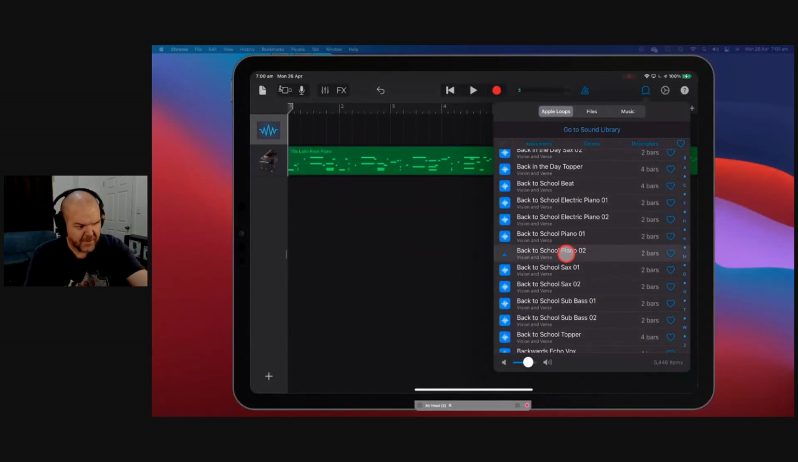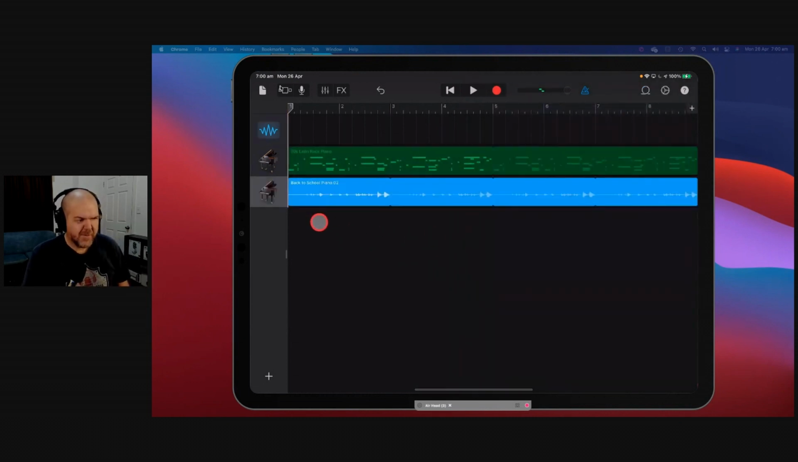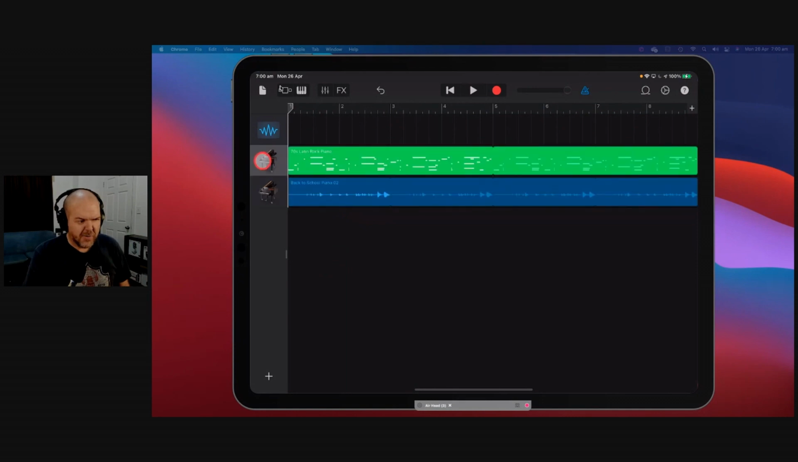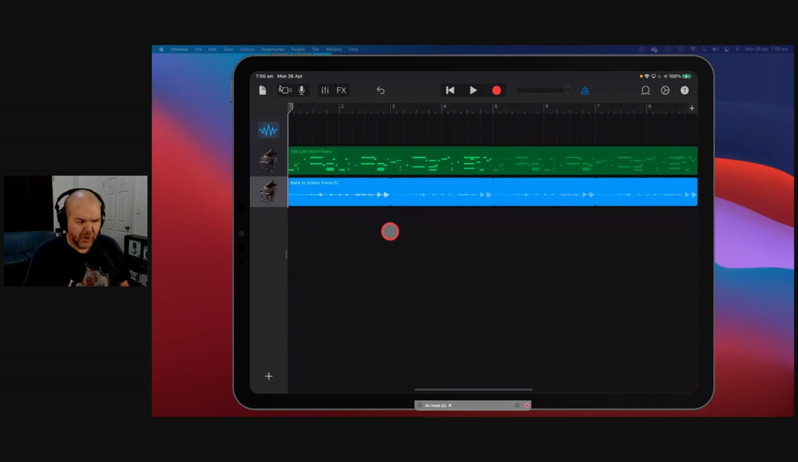What about the piano? That might work a bit better. All right, let's bring in this piano. Now, this one is just a regular loop. So you can see here, this is a MIDI loop, this is an audio loop. And if we play these together,